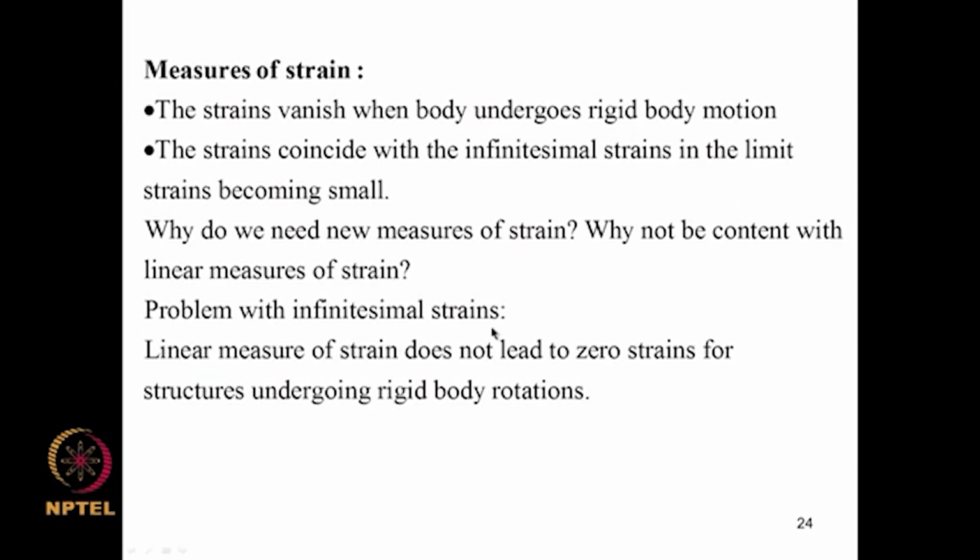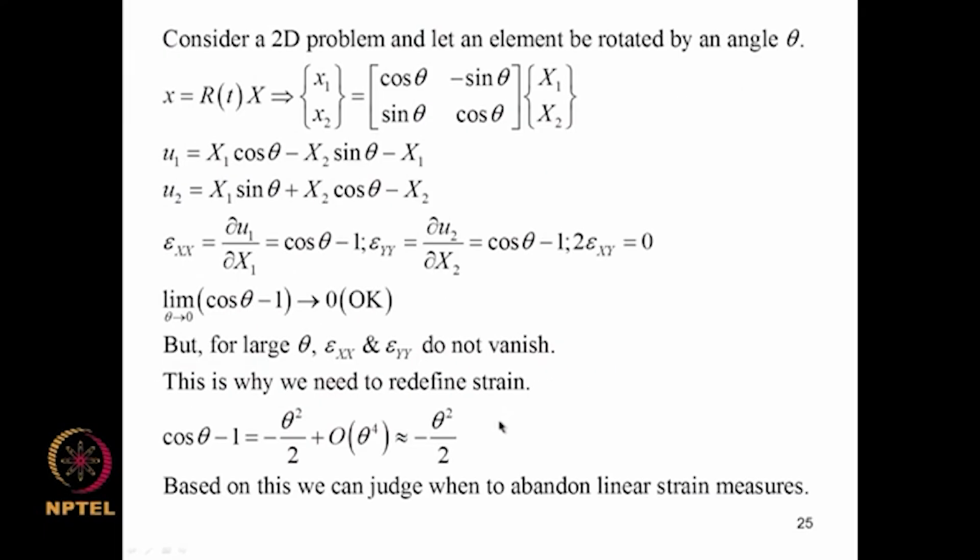Now, the problem with infinitesimal strains is that linear measure of strain does not lead to 0 strains for structures undergoing rigid body rotations. How do we see that? We can consider a small example. You consider a 2-dimensional example of an element which is rotated by angle theta, it is a rigid body rotation. So, the deformation is given by x1 x2 equal to cos theta minus sin theta, sin theta cos theta, times X1 X2. So, for this deformation for any value of theta, we expect that the strains would be 0. Now, we can find the displacement field u1 is x minus X1 this, and u2 is this, and